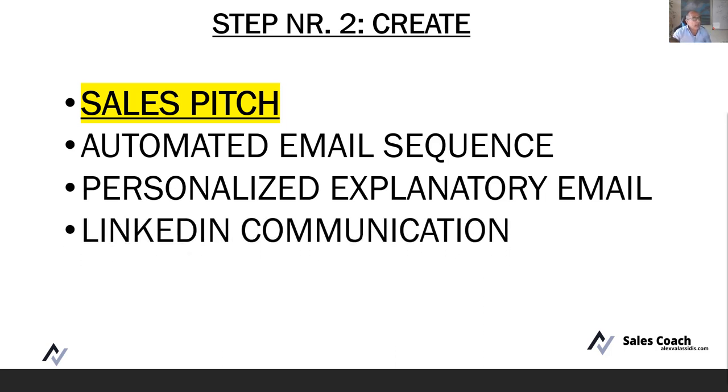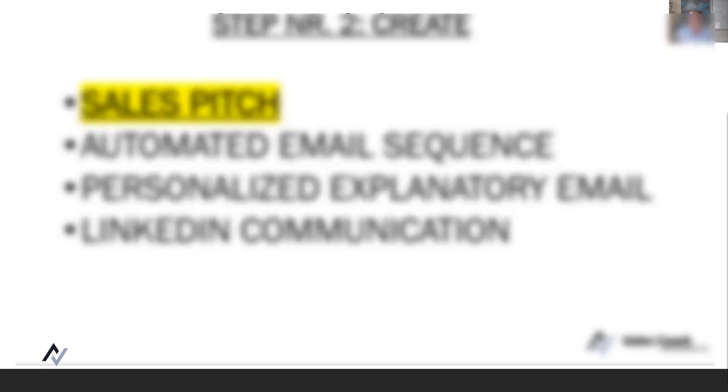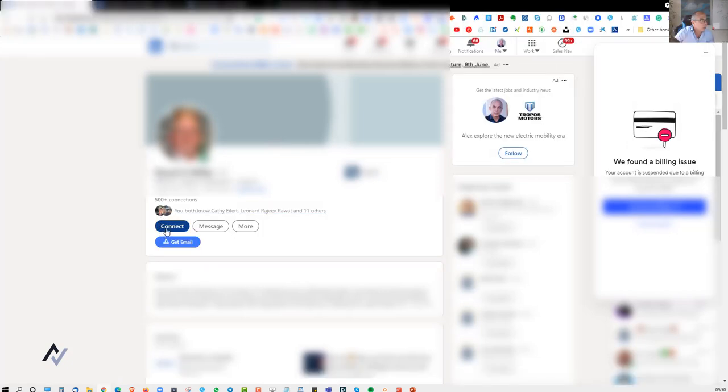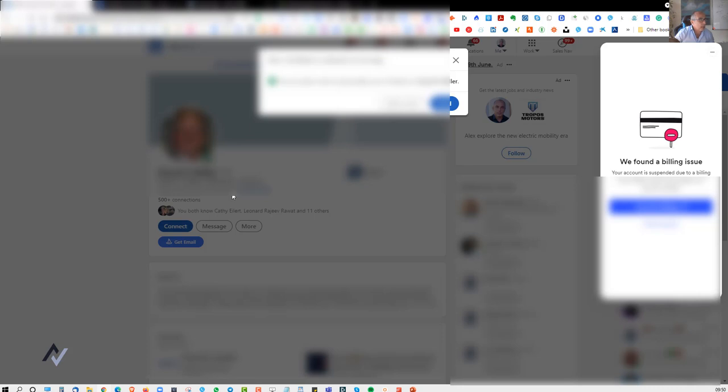So another thing that you create is the LinkedIn communication that you are going to have with your prospect. And let me show you something that is very important. Let's assume you want to contact a potential lead. The first thing that you do is you go here, you press the connect button, and once you press the connect button, it asks you: add a note or just send. Just send, don't add a note. Through my experience, 20 or 30% of the connect requests that you send are going to be accepted, and with those